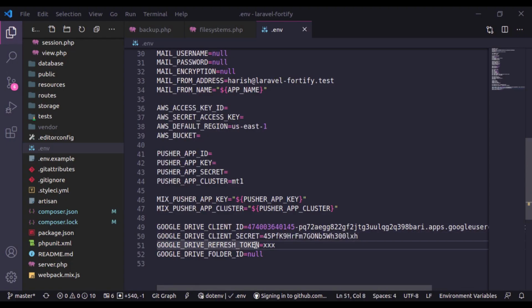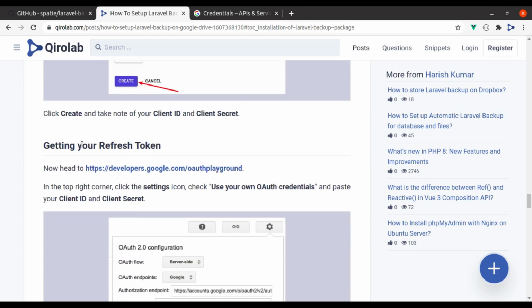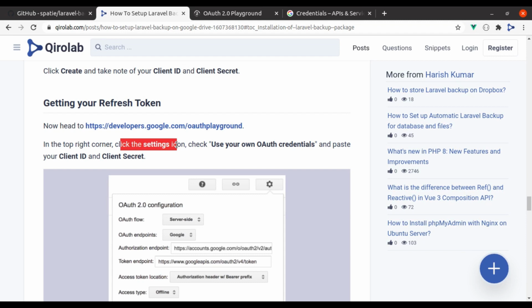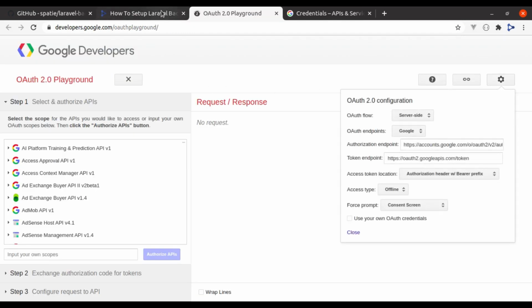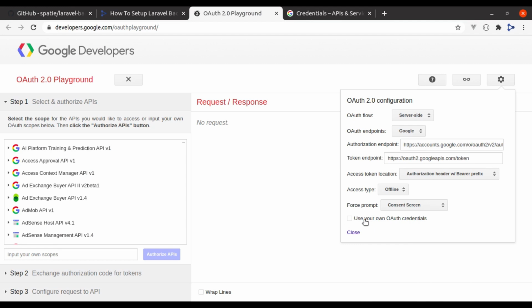Next we need this refresh token, so let's see our next step, and right here, to get refresh token we need to navigate to this URI. So let's click this, and on this page we have to click on the settings icon, that is right here, this one, and then we need to check use your own OAuth credentials, this one.